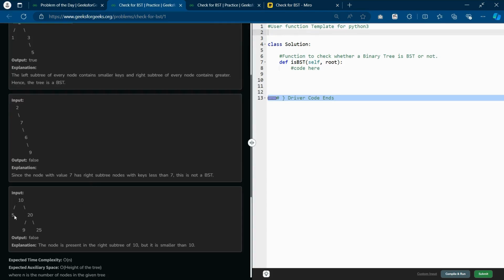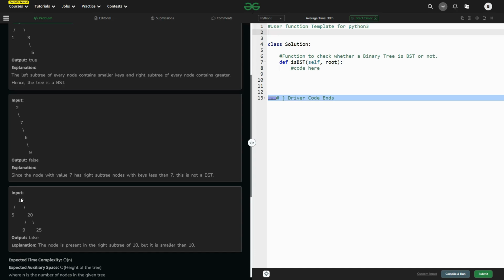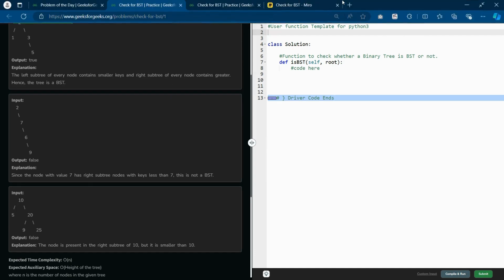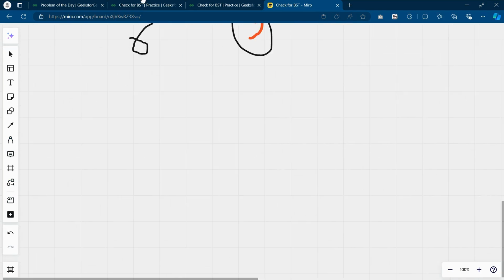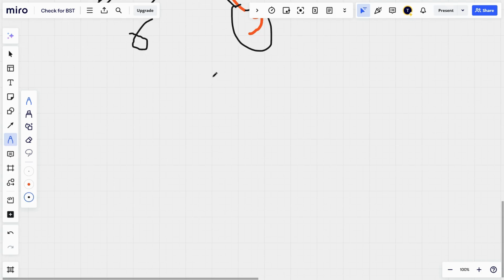In the next example given, okay, 10, 5, 10, 20, 5, 10, 20, 9, 25. This is given, our third example. Now